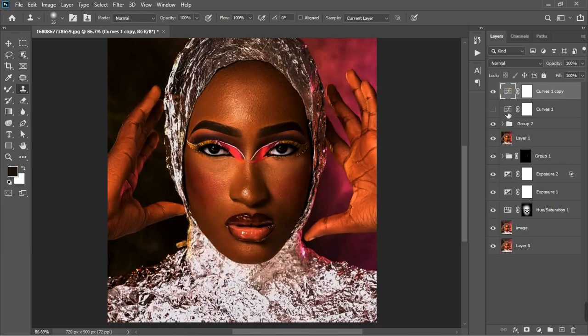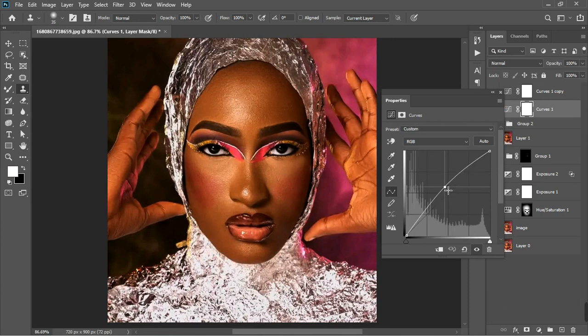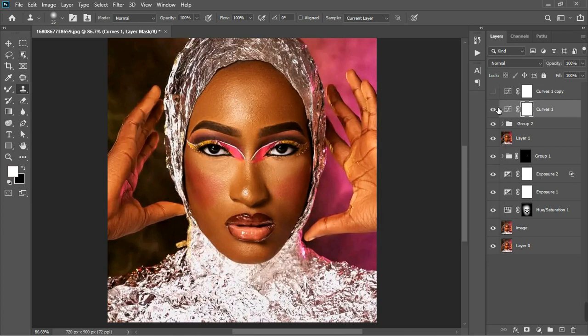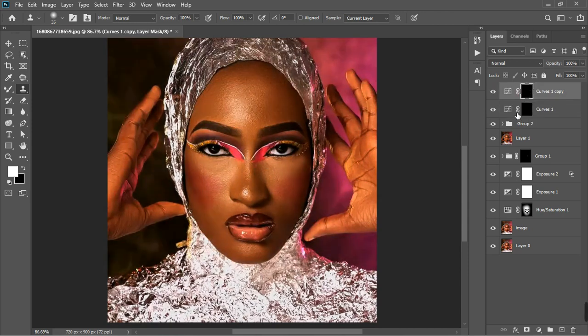Okay, this is the first one. Let's turn off this one and go to the second, the one below, and take it up like this, but not too much. Let's just take it up, and we can actually invert the mask. Turn this one on, invert the mask. Okay, so this one is the brighter one, so we're going to pick up the brush tool, and we're going